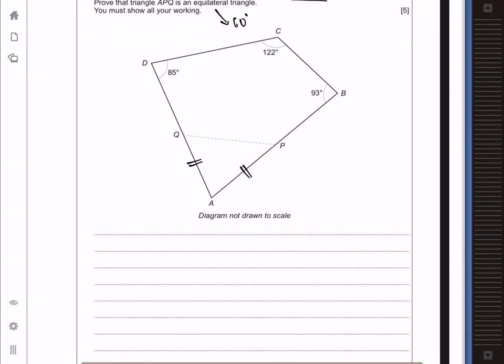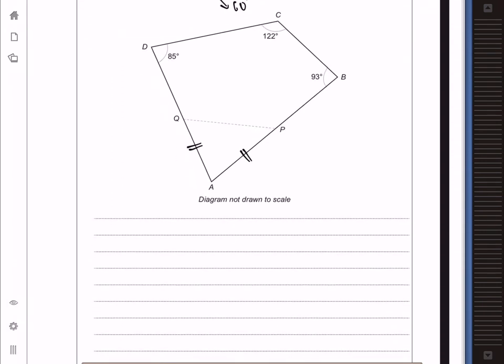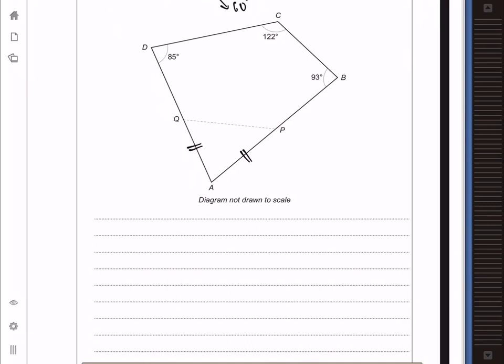So, what do we know? Well, we know that all the angles in a quadrilateral add to 360. So what we can do is work out the angle there, QAP. We can work that out by saying 360, which is the whole angles in the whole quadrilateral, take away the ones that we know. So 85, 122,